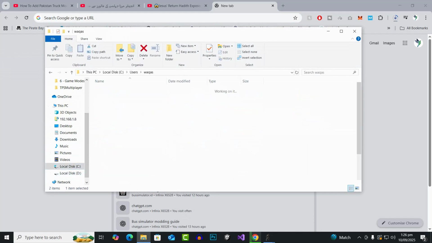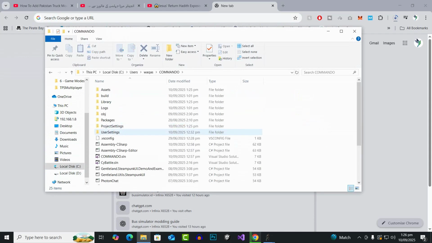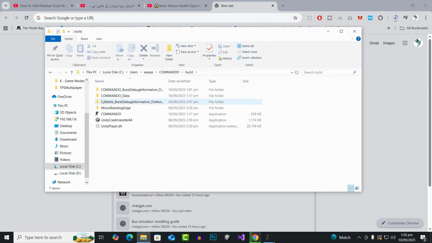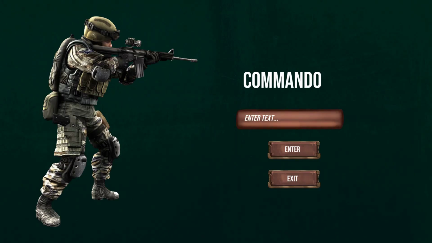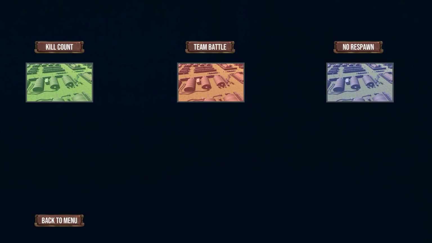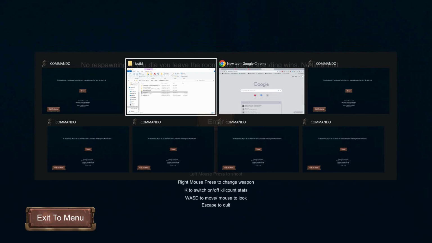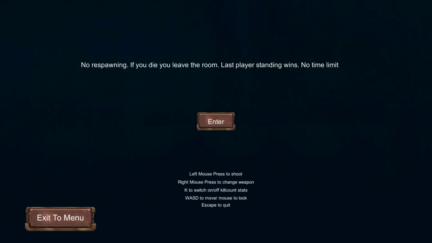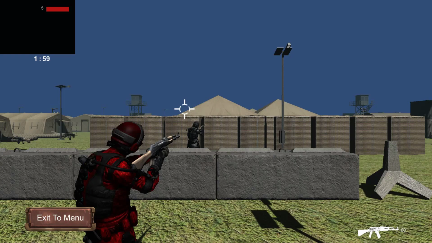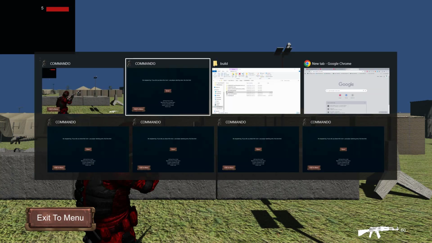I will just go to the commando build. I think I just made a mistake somewhere. Yeah, now it's fine. So now everywhere we have to enter, so let's enter with the red color, and then we